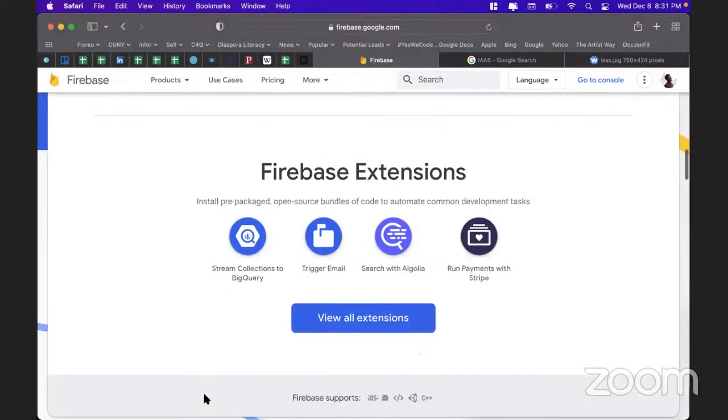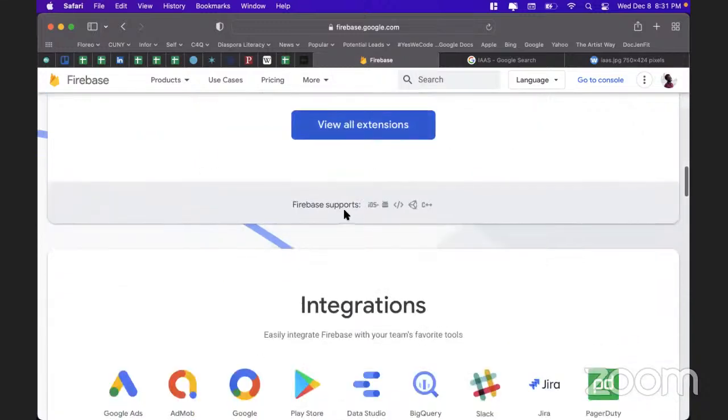And because it's a Google-based product, it allows you to leverage other cloud-based APIs that Google has. So things like streaming collections to BigQuery. If you're getting into big data or data analytics or machine learning and stuff like that, you can extend the databases that you're creating with Google Firebase into other Google services. Again, there are equivalent services in other cloud providers, but I've just found that Google's